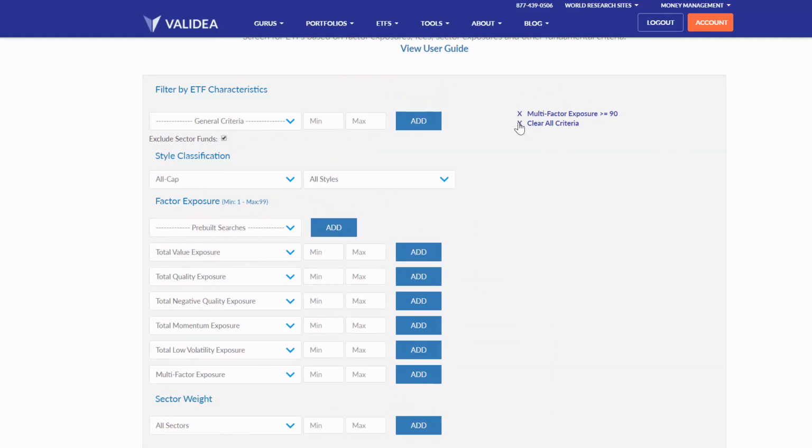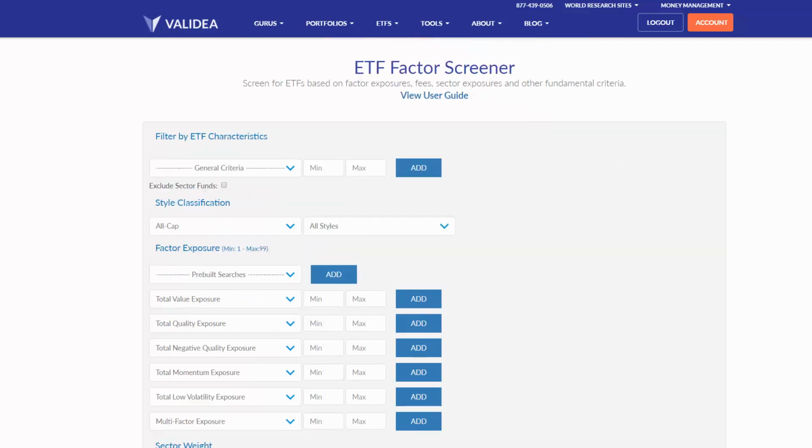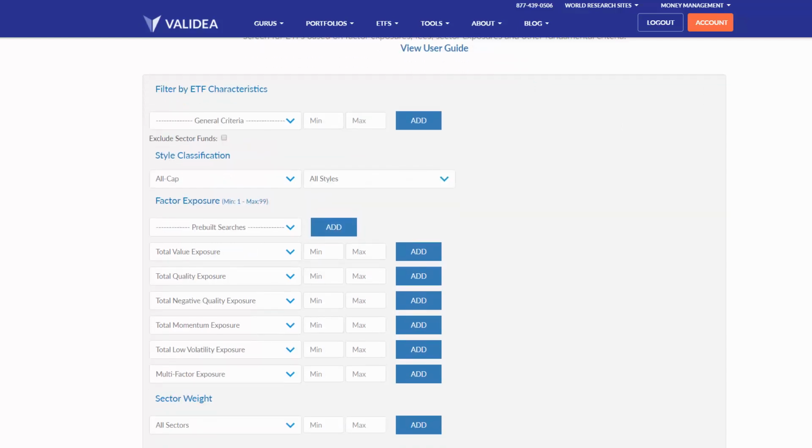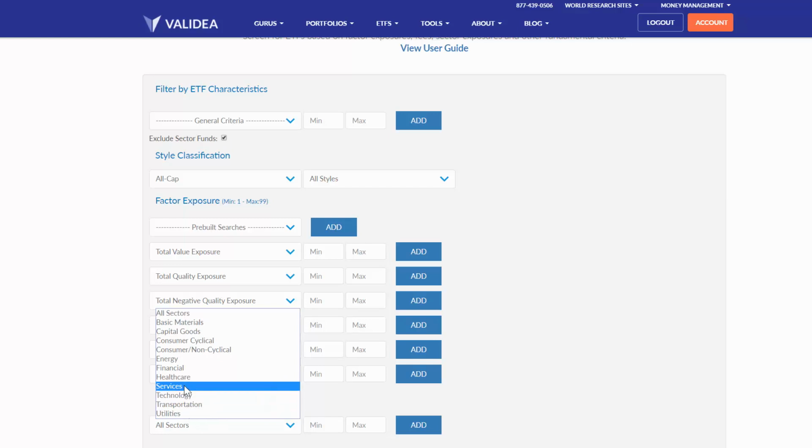I'm going to clear my criteria one more time. And if you look at the bottom here, we have this sector weight dropdown. And what this allows you to do is find ETFs that either have a lot or a little exposure to any given sector. So for instance, if I am very negative on energy right now,